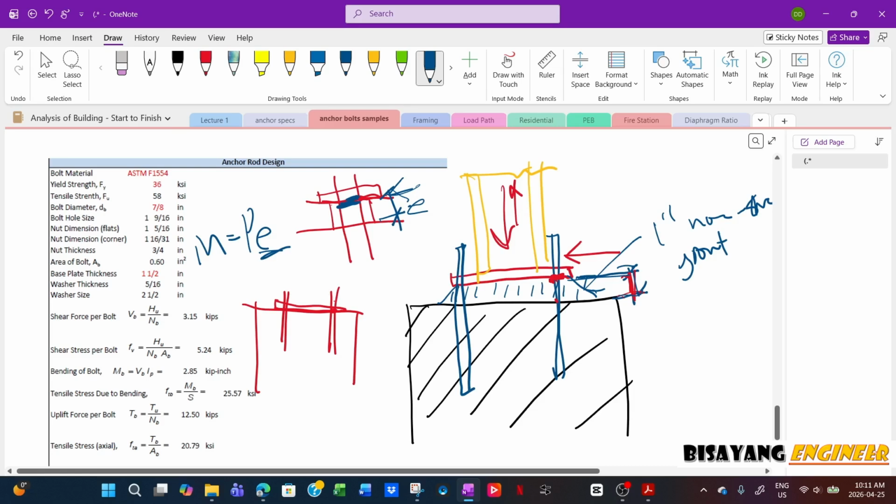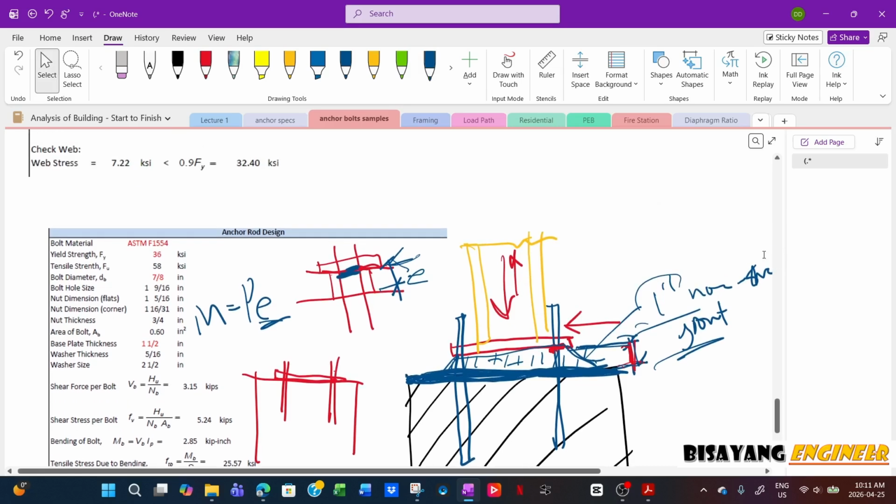Unless the contractor can guarantee, or if the unevenness of this surface doesn't really affect the capacity much, then you can have no grout here. But if you want a level surface, it's better to allow for a 1 inch grout here, and then just design that with